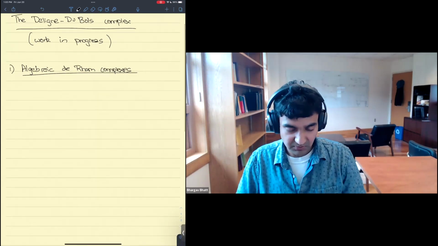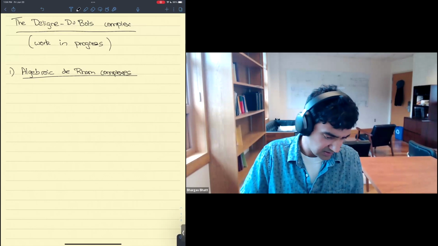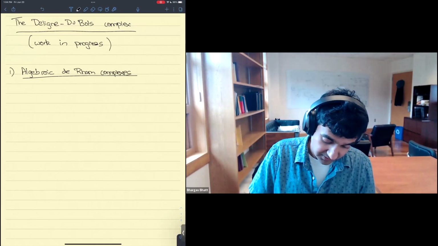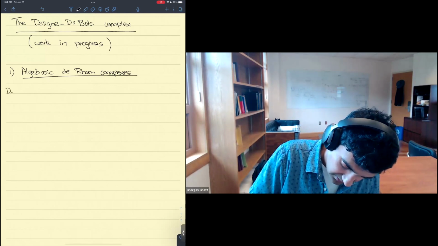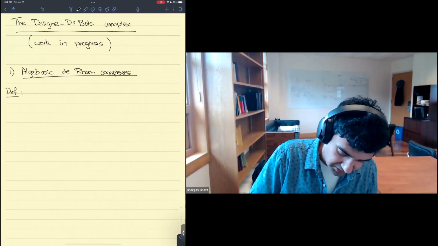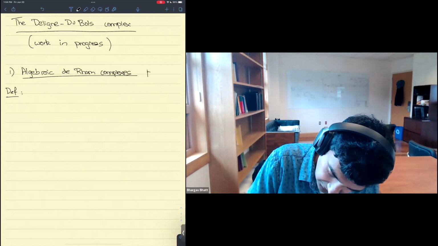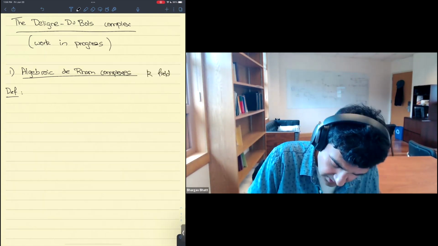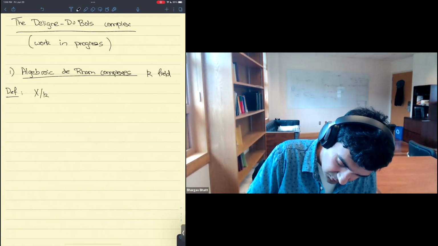But let me begin by first just recalling what the object is before we do something fancy. Let me first recall the smooth case, which is the easy case of this story. This is the algebraic de Rham complex of a variety. For this one, K can be a field of any characteristic. So let's say K is a fixed field. Soon I'll specialize to characteristic 0. So if X over K is a smooth variety,